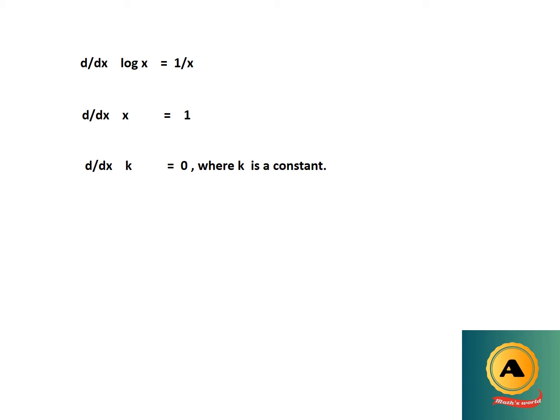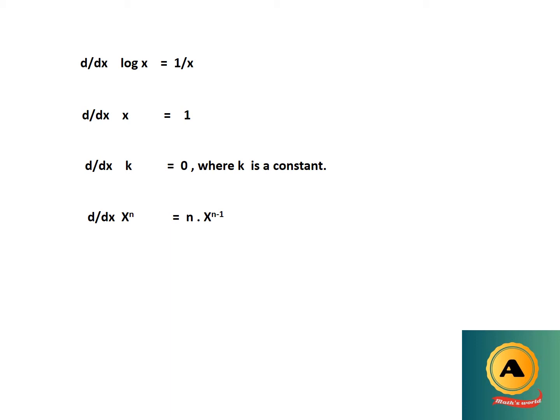Derivative of 1 equals 0. Derivative of tan 45 degree is also 0, because the value of tan 45 degree is 1 and 1 is a real number. Similarly, derivatives of sin 30 degree, sin 45 degree, cos 180 degree, tan 60 degree, cot 45 degree are 0 because they are real numbers.